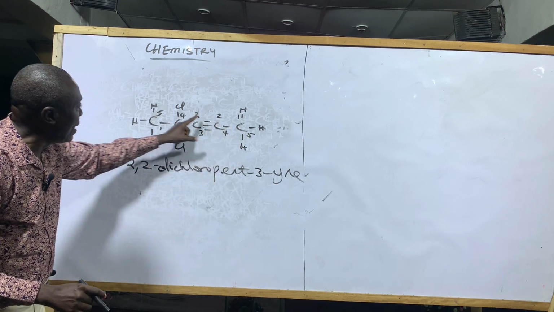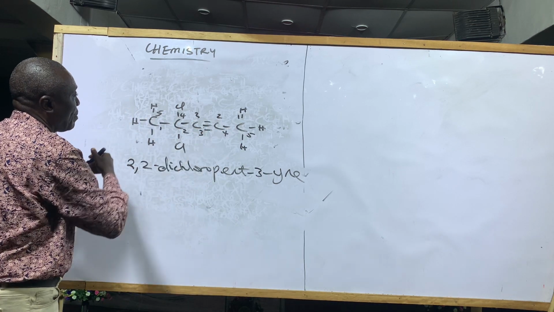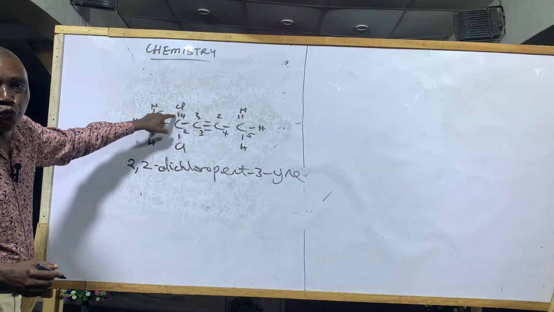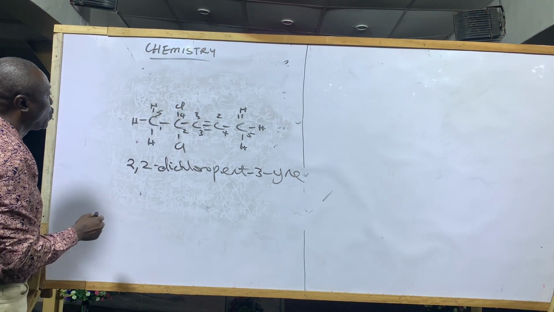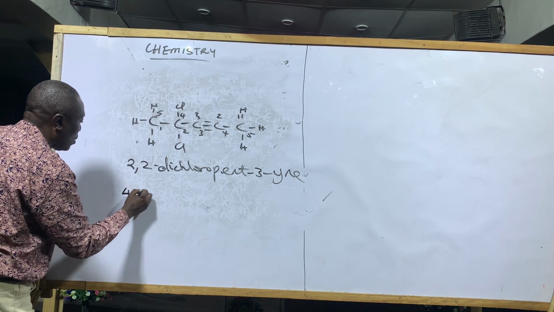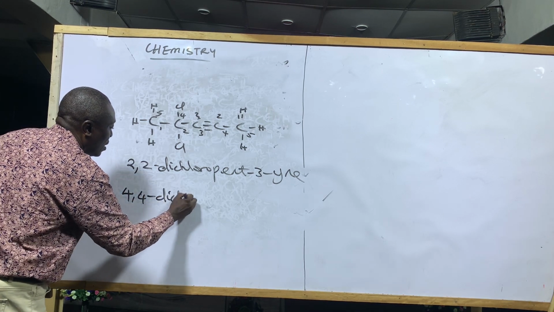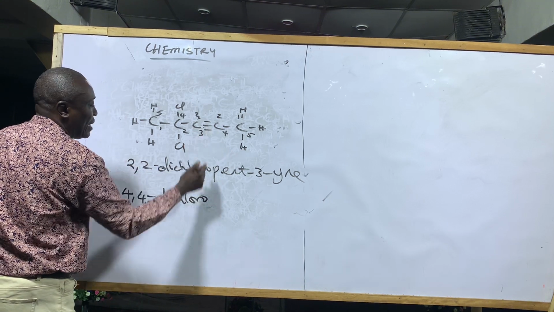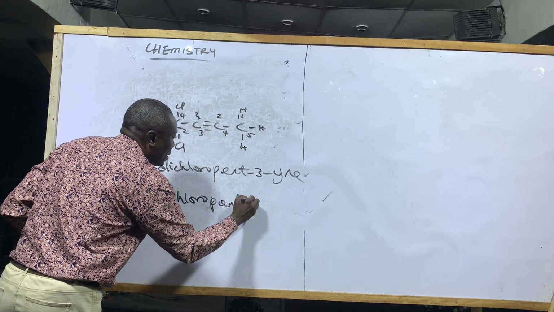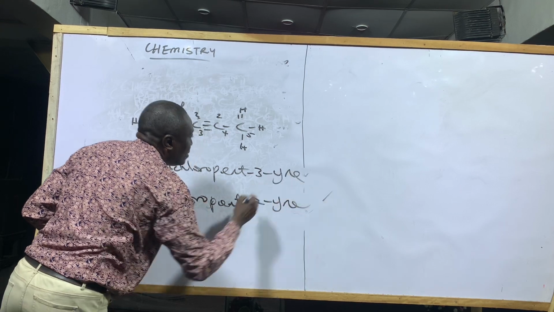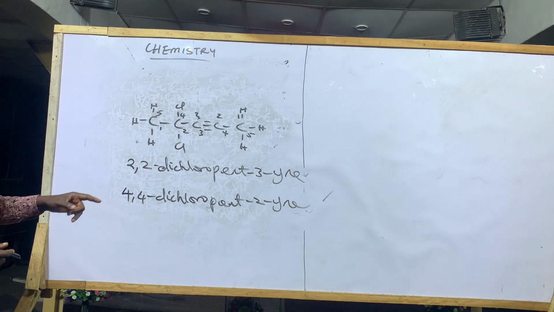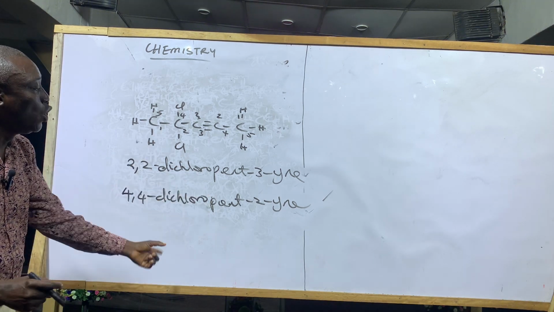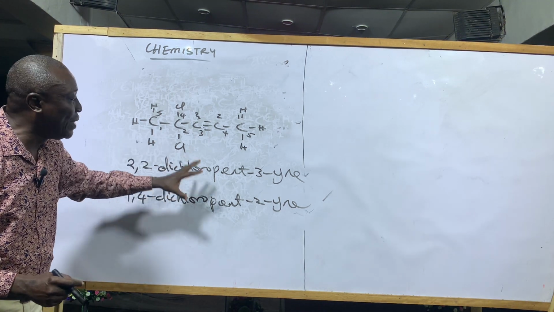Now, if you number like this, from my right side to the left side here, the chlorine is on position 4. So it will be 4,4-dichloro, but the triple bond is on position 2. 4,4-dichloropent-2-yne. Now, the option that gives the lowest digit to the functional group will be the correct option,